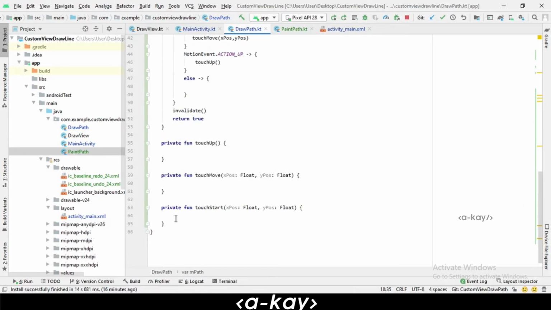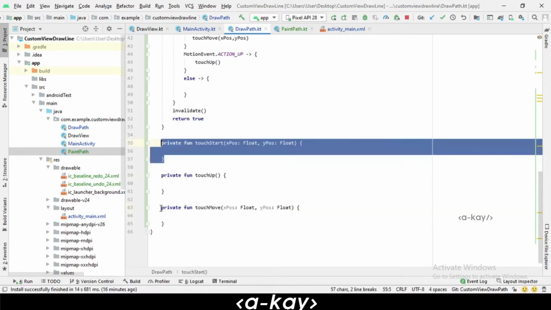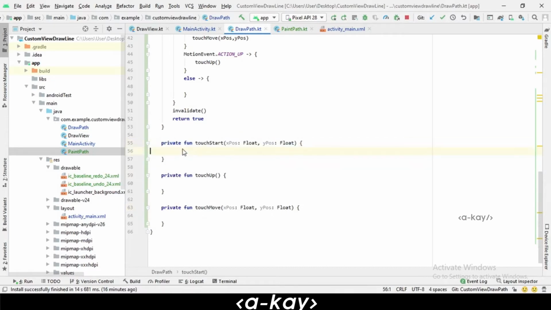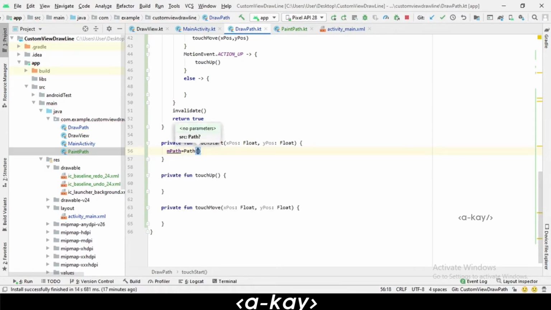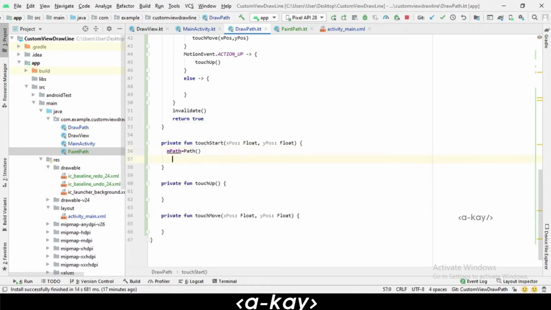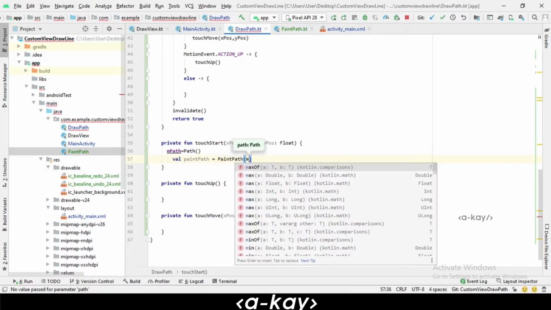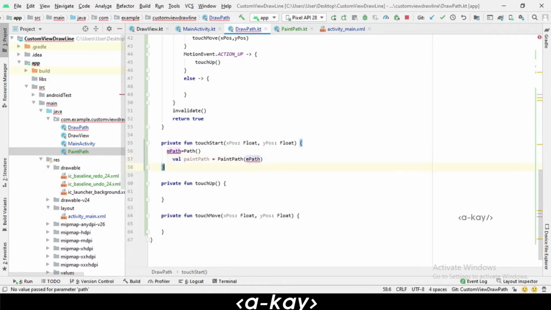In touch start you can make m path equal to, we are going to initialize our path. Okay, that's it. Here we also want to create our paint path. Don't forget to create our paint path. Paint path object is equal to paint path, which is going to take only one parameter, which is m path. Okay, we are going to check for null safety.